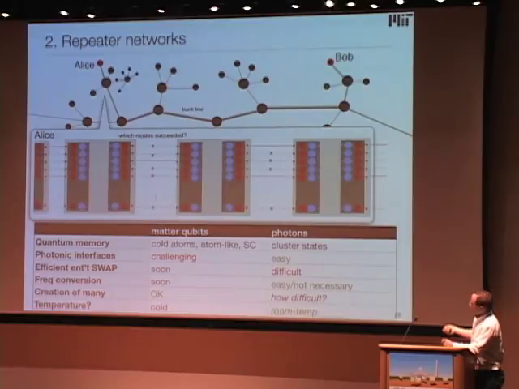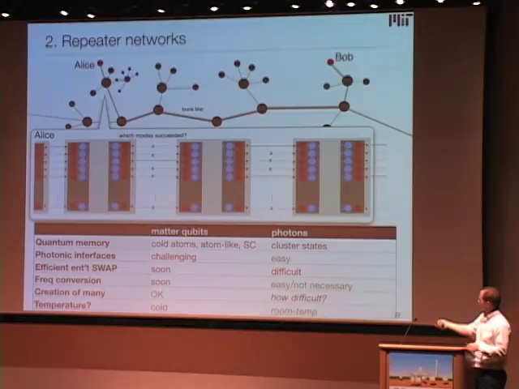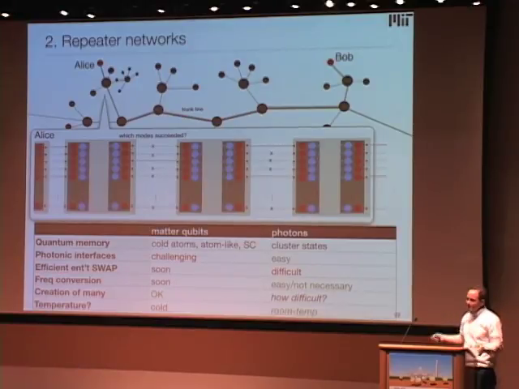But a lot of the components are coming along nicely, and I think we could expect that within the next few years, maybe the first demos of these systems will be implemented, and then it's going to go into scaling, how to make not one, but 100 or 1,000 of these work well together. But there is a challenging part, which is the photonic interface. How do you get a photon in this hybrid network to efficiently talk to the internal state of an atom? And maybe it also requires frequency conversion, which adds further inefficiencies. It would be super awesome if somehow we could just use photons directly as our memory.